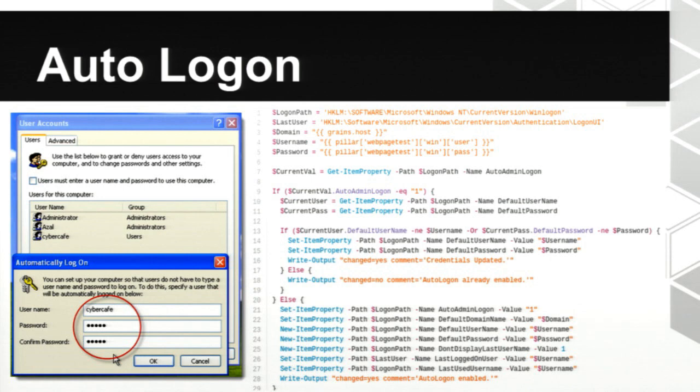I pulled the domain name, which is the local host name, off of grains, and then I pulled the Windows variables that we talked about earlier out of pillar. And so again, kind of the same if-else structure here that we saw earlier with the port closing. I am getting an item property of whether or not auto admin login is already enabled. If it is enabled,